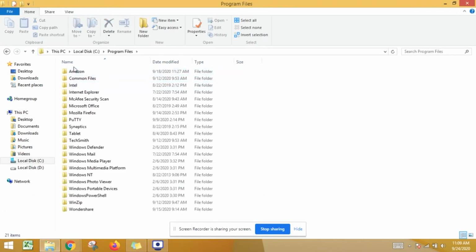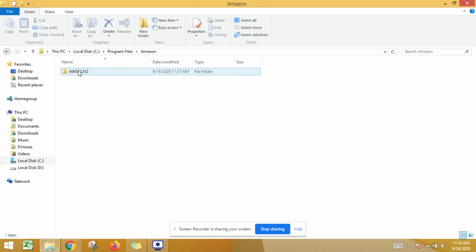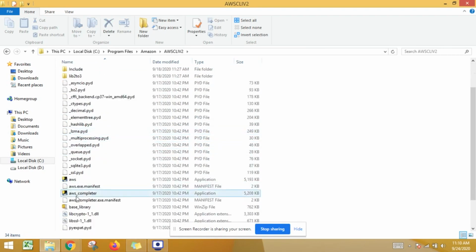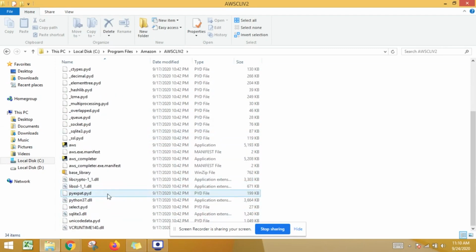Under Program Files, you will get a new folder named Amazon. Within this Amazon folder, you will get the AWS CLI version 2 folder generated.